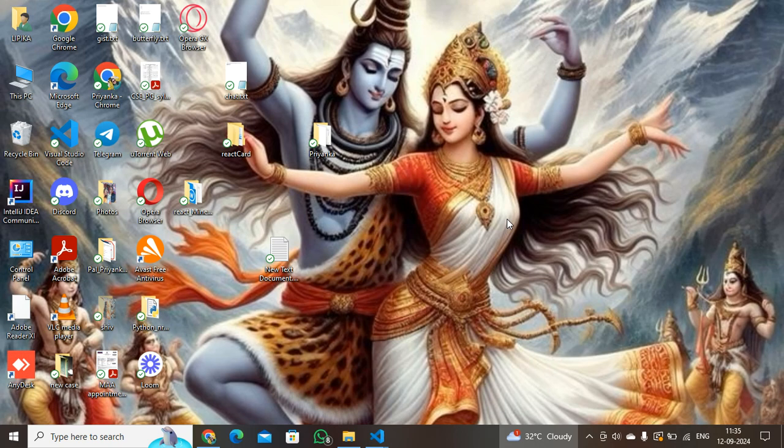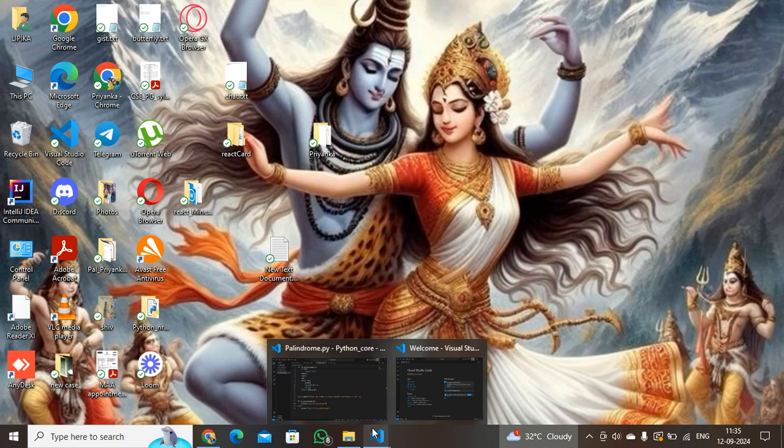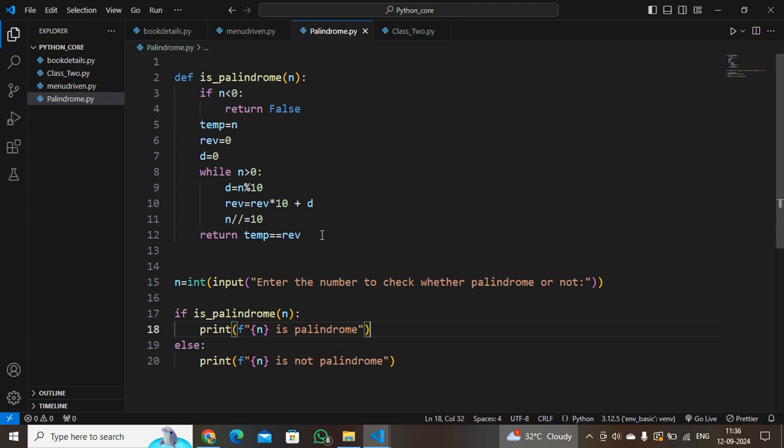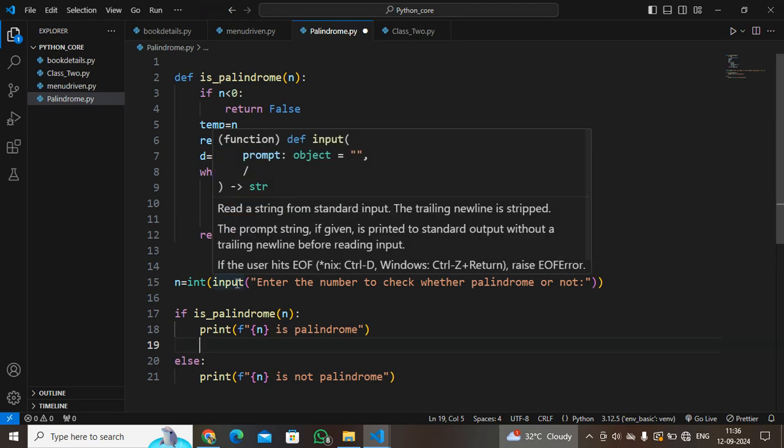So today I am showing you another program in Python. Let me open my Visual Studio Code. Here I have written a palindrome program. The main logic in it is that the user will give an input and it will store